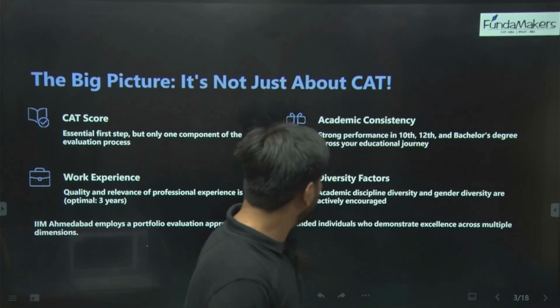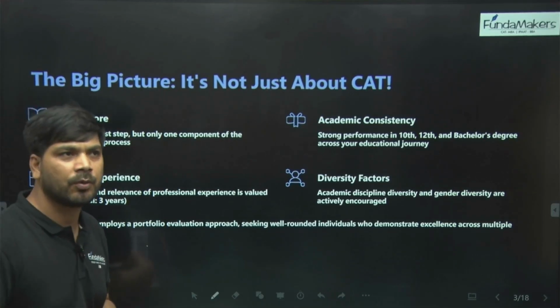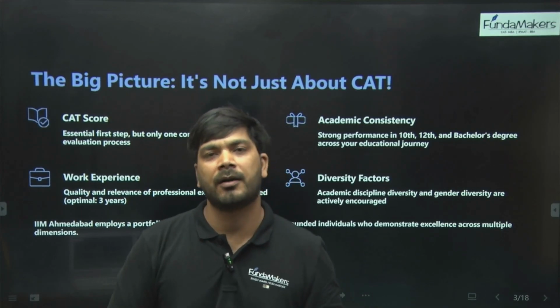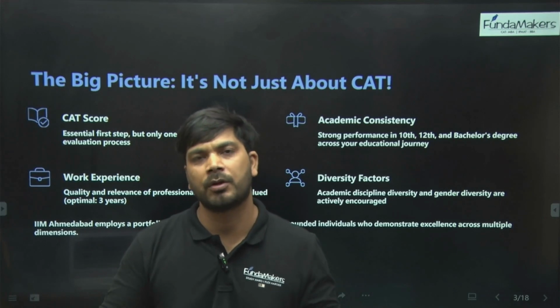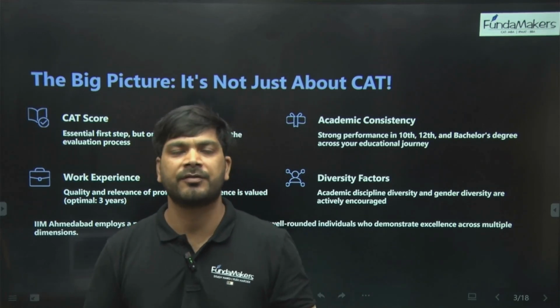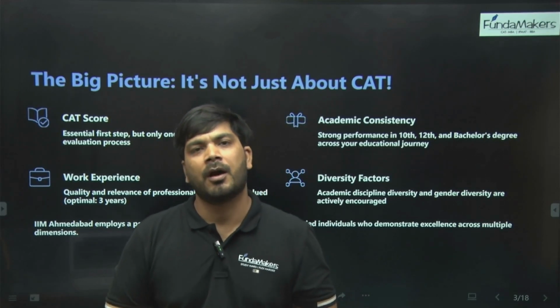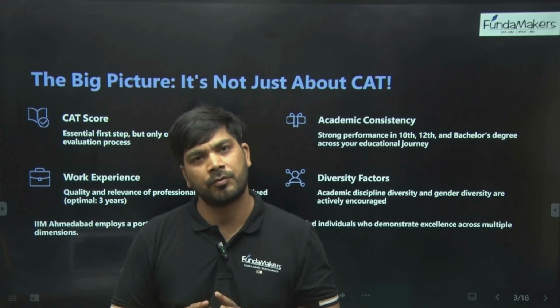All right. So let's go to the CAT score. The first component, definitely, in order to get to IIM Ahmedabad, is the CAT score. Now, a lot of people say that I got a 99 percentile, still I was not able to get to IIM Ahmedabad. One of my students last year, I won't take the name as it is not very wise, but I'll give his example, ditto, true story.